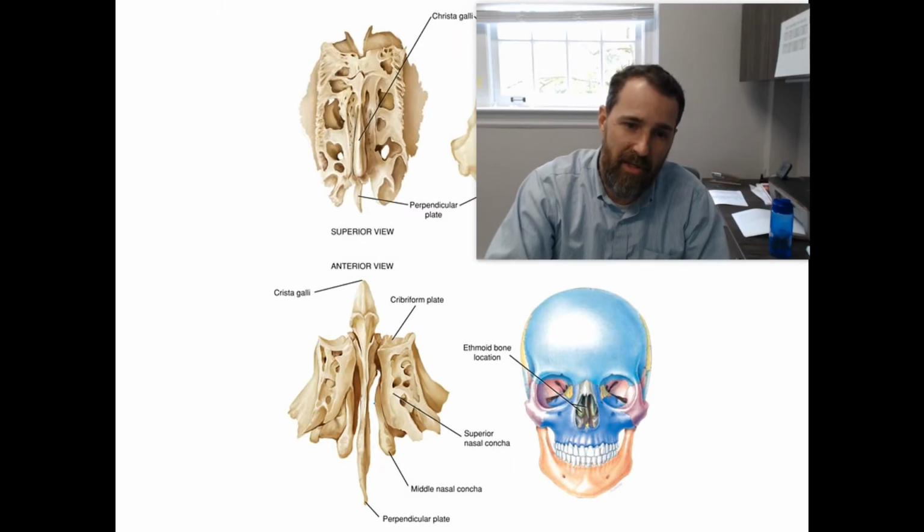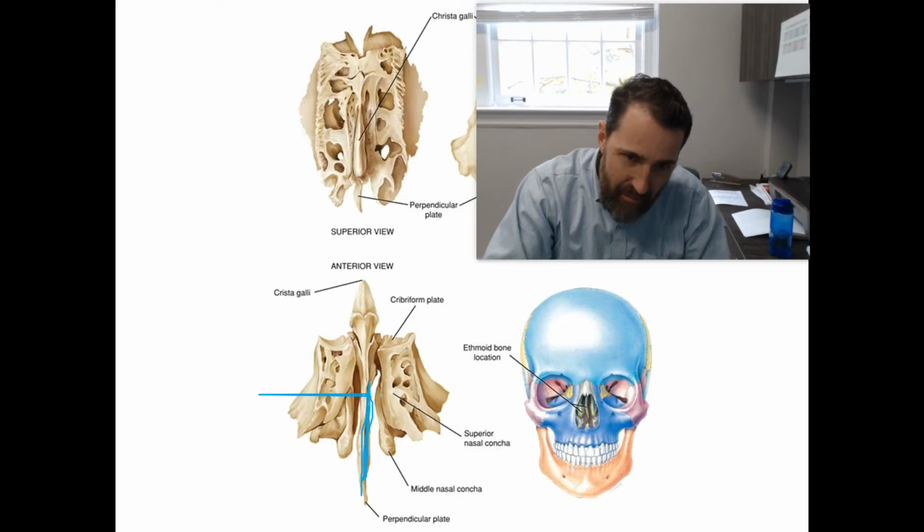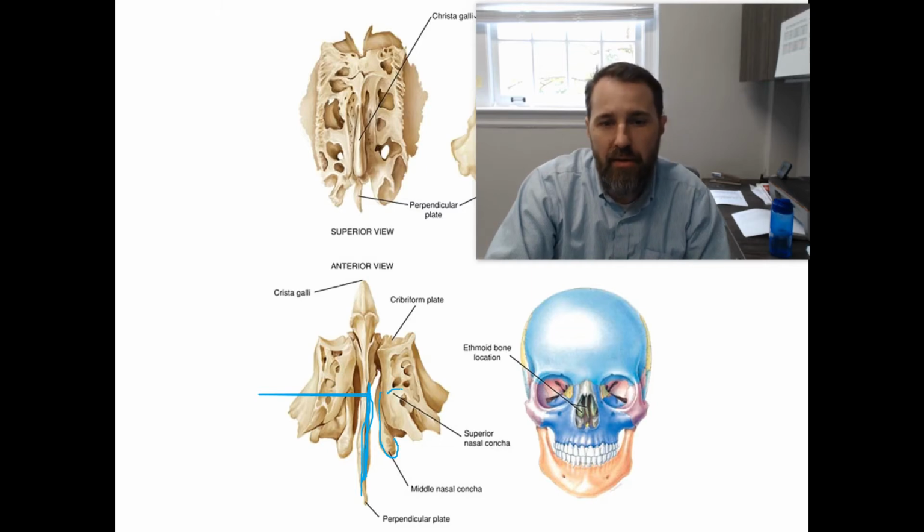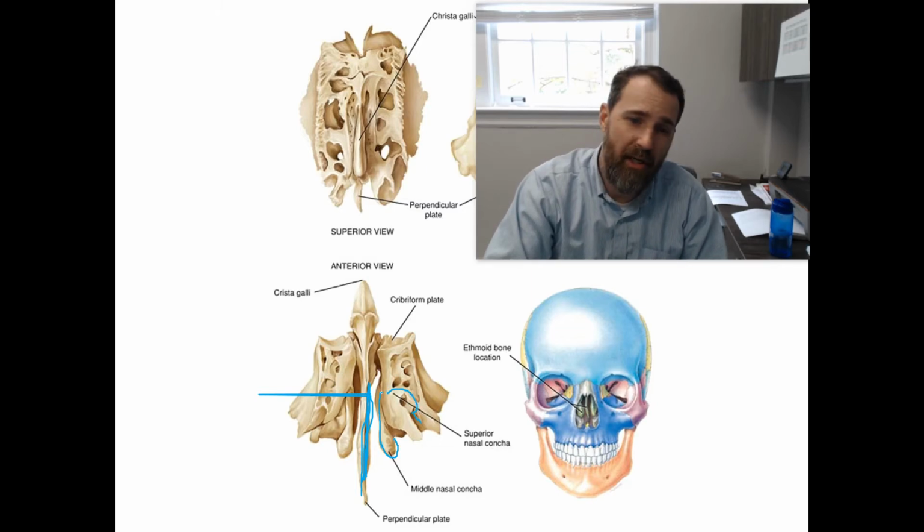So here's another image down here showing you the perpendicular plate, and it has a better representation of the middle and the superior nasal conchae that are part of the lateral